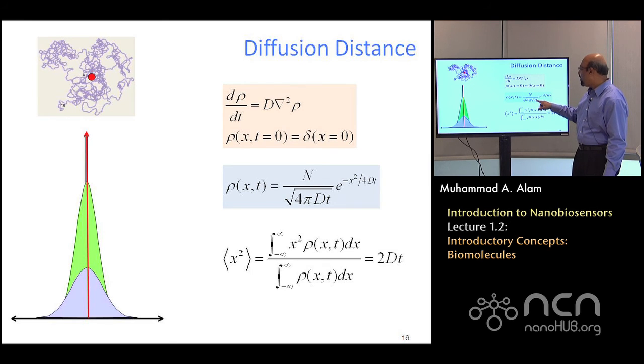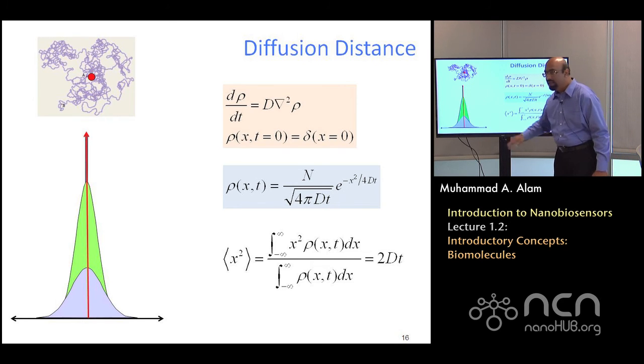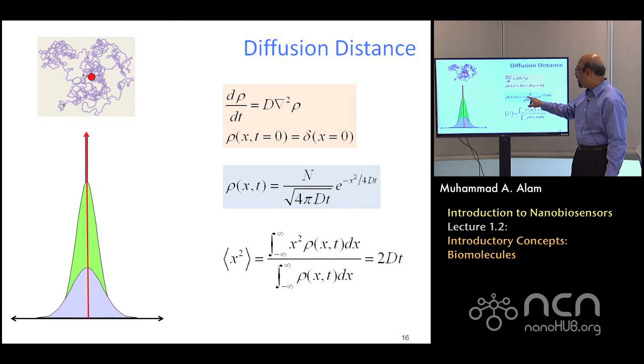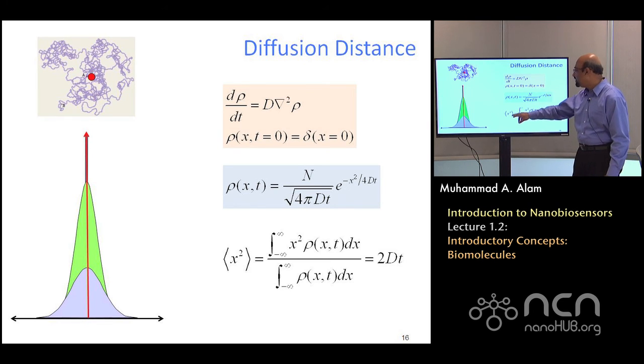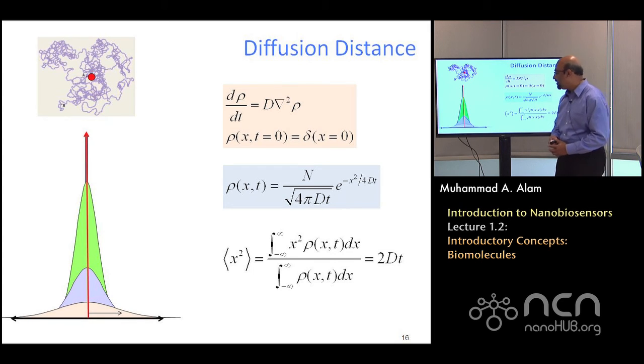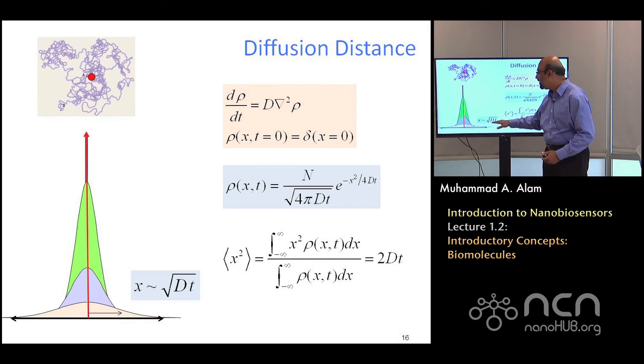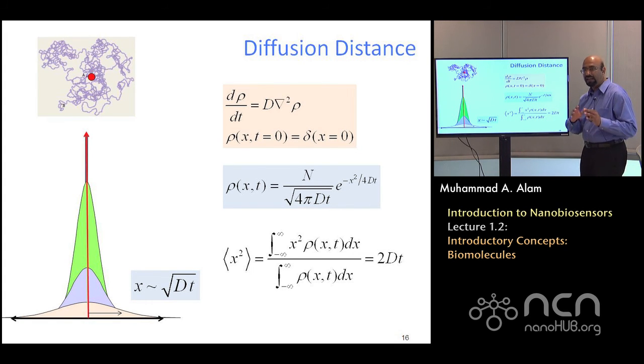They will diffuse symmetrically in both directions, and this is the solution: N divided by the square root of 4 pi D t, times e to the power minus x squared over 4 D t. This one is in one dimension. If you had 2 or 3 dimensions, this square root will be replaced by the corresponding power. And if you look at the average displacement of how far it has gone, you will see that on average the square of the displacement is 2 D t. As a result, the molecules essentially diffuse approximately square root of D t from the center after a time t. It depends on the diffusion coefficient, of course, but in general, that average number is what we are looking for.